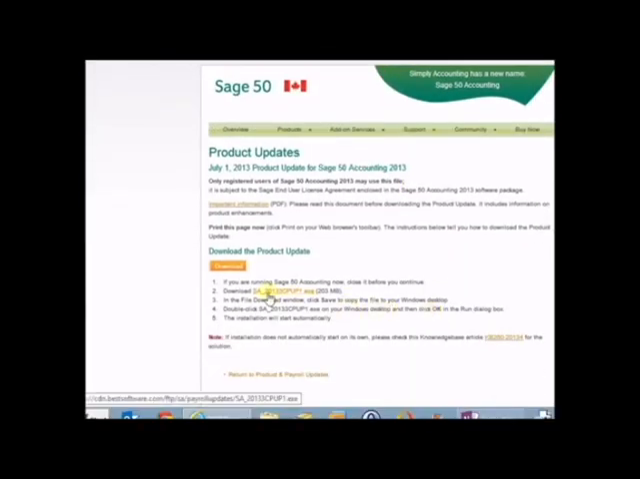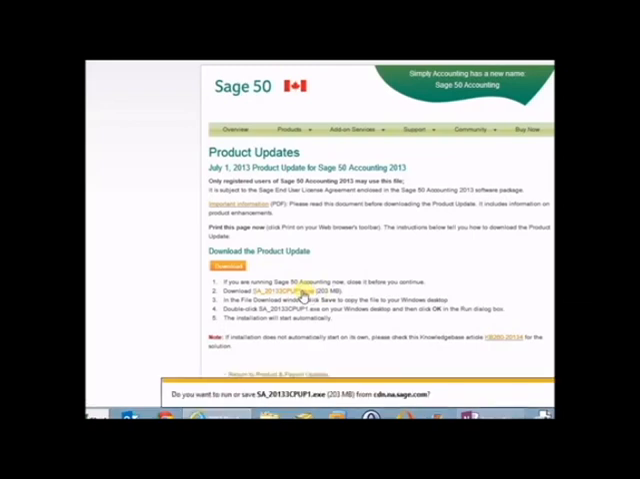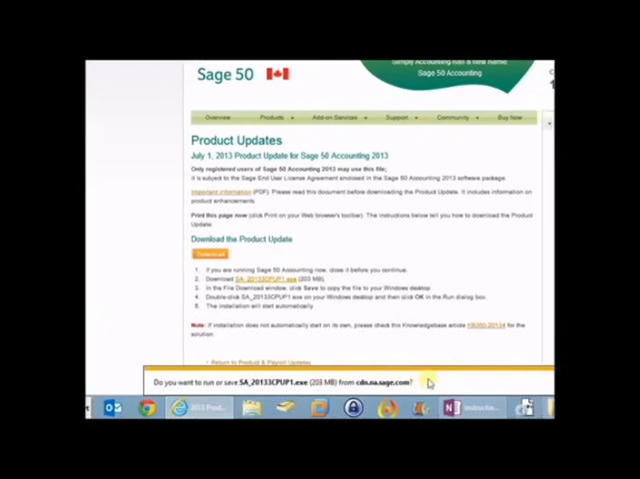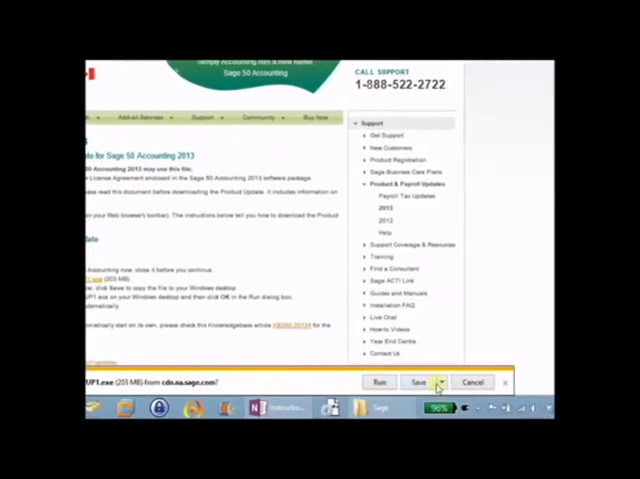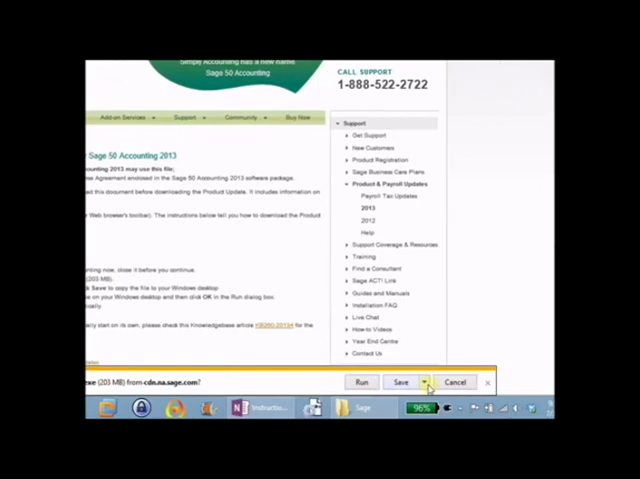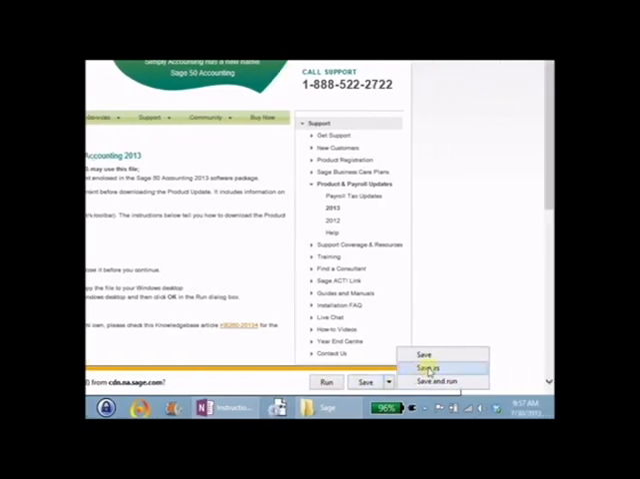And then look for this link. It says download SA_20133CPUP1.exe. So click on that. And then down at the bottom you'll have this type of bar. You may want to save this file again, so hit Save As, the little drop down arrow next to Save,